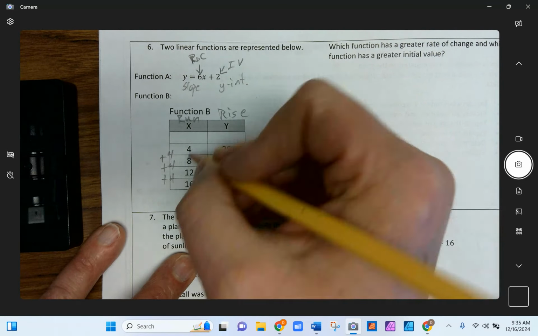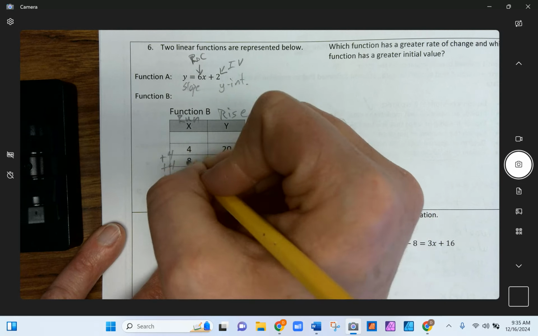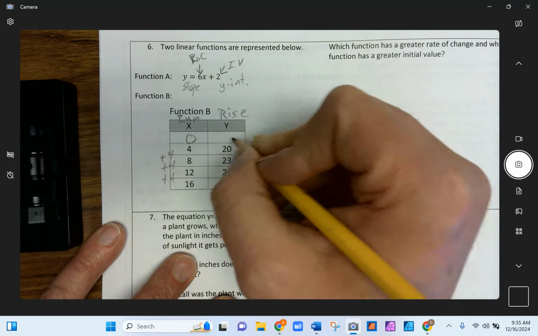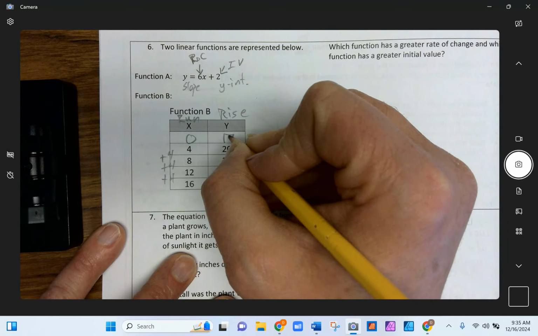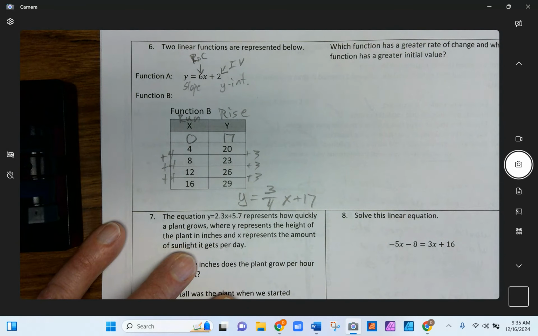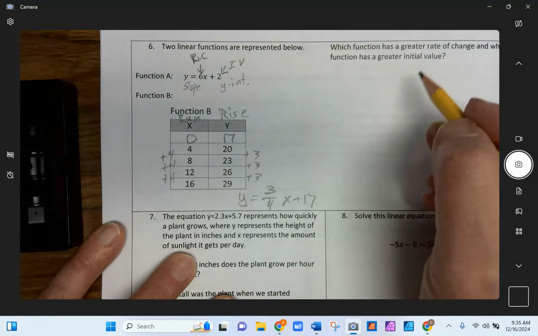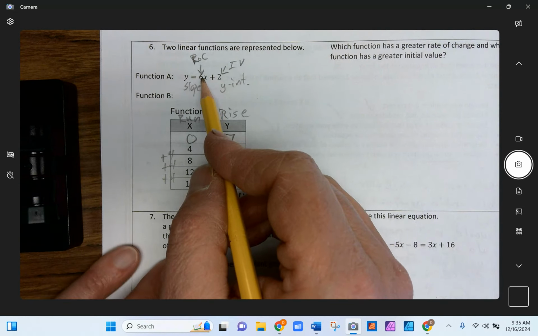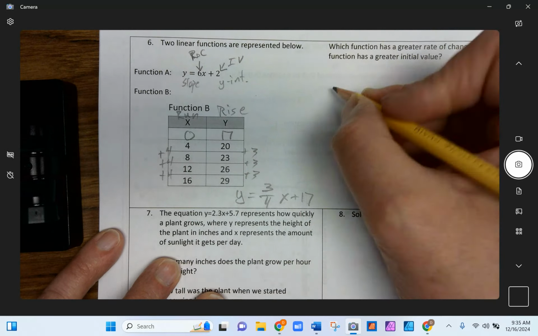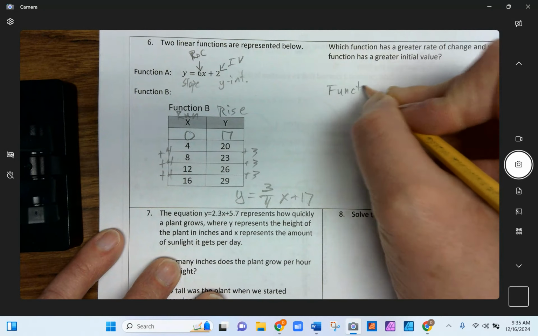Okay, and the y-intercept will just reverse it till we get to 0. So rather than adding 4 to reverse it, we would subtract 4 to get to 0, and we subtract that to get to 17. So that's our y-intercept right there. Which one has a greater rate of change? Well, this one has a 6 for rate of change, and which function has a greater initial value? This one has a 17. So we'd say function A